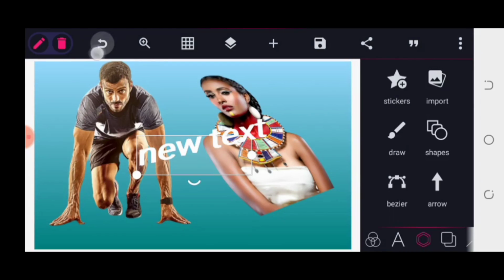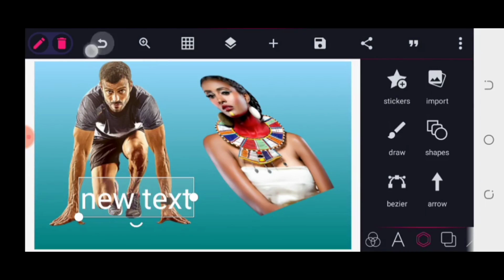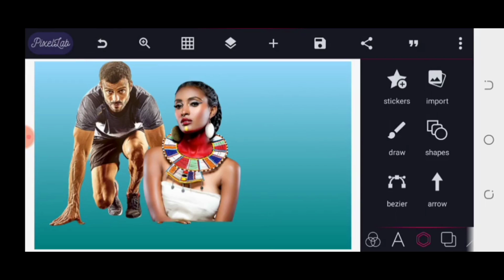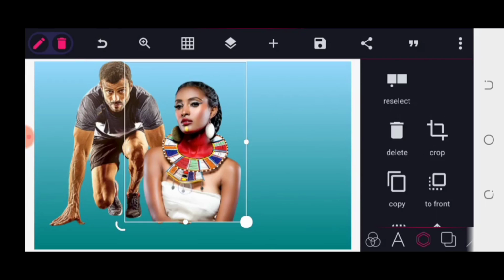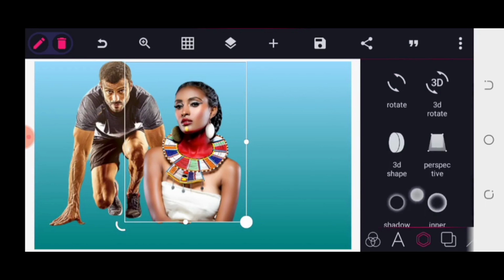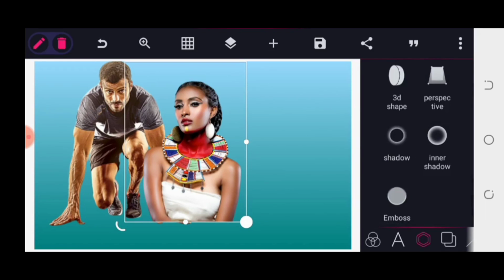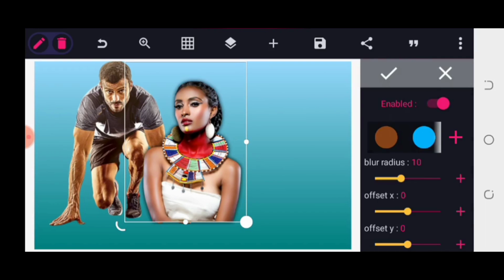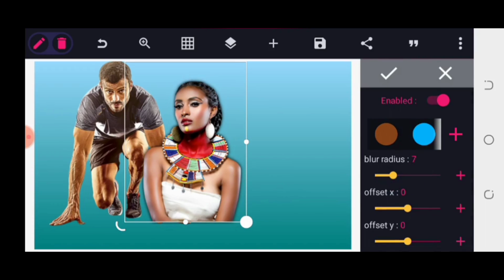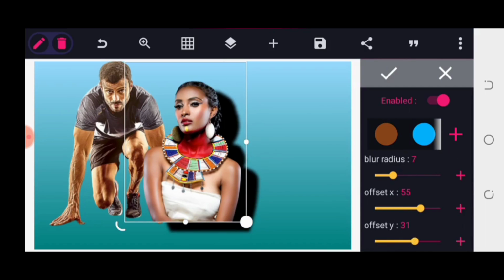Let me just come here. So now this is still click on my image. Now I've spoken about perspective, I've spoken about shadow. The shadow is still the same thing. A shadow makes something look real to you. Unlike this thing that has shape that has opacity, shadow does not have opacity, so you